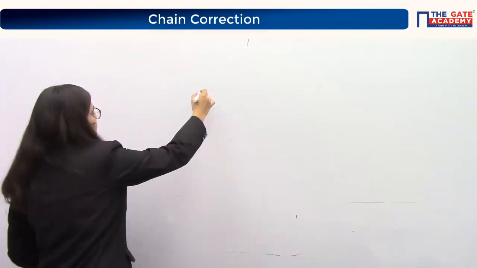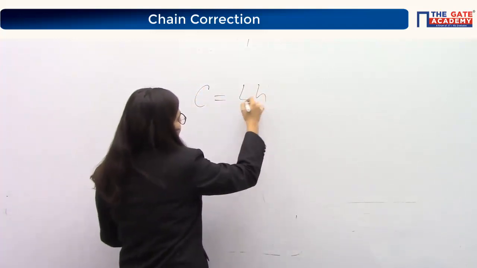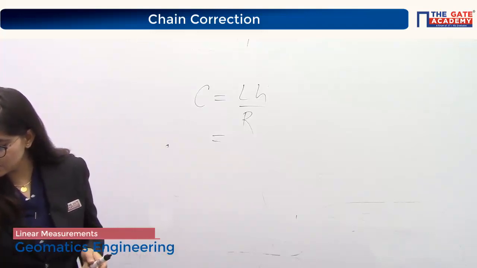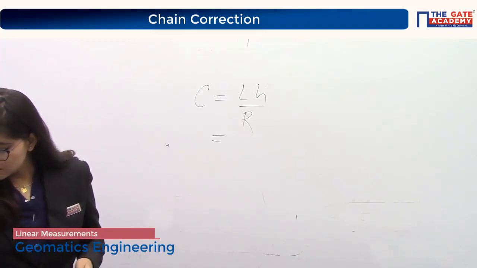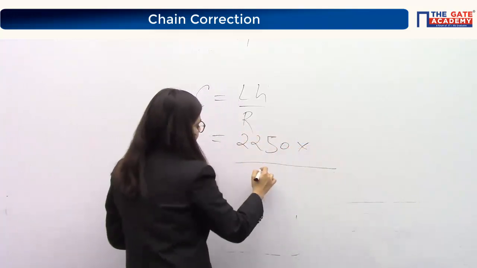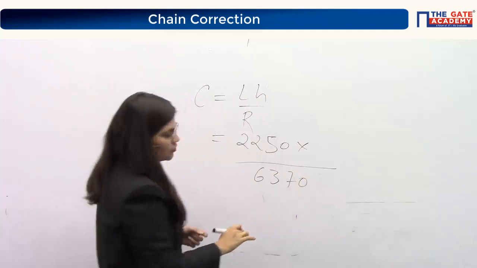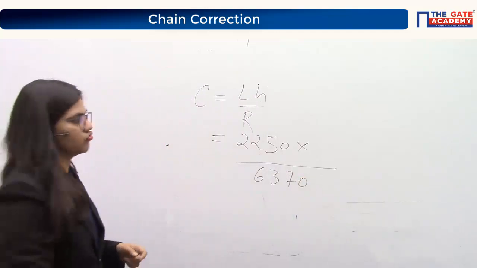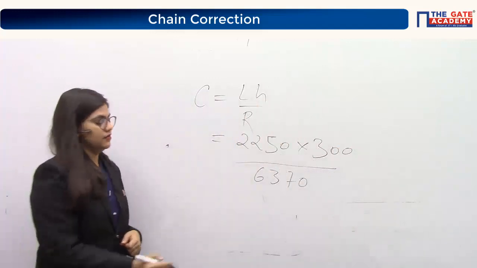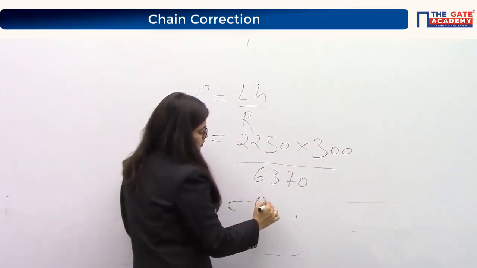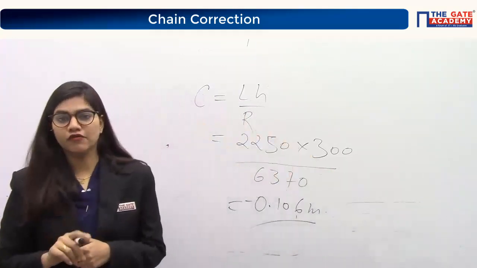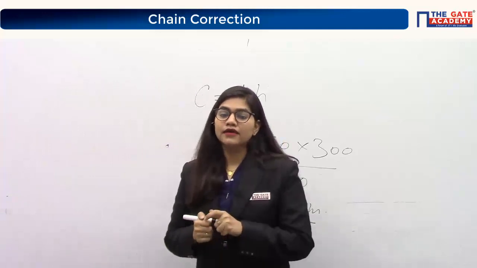The formula is nothing but LH by R. L is given to you as 2250, R is 6370 and H is given as 300. If you calculate, you will get the answer as minus 0.106 meter. Okay, so these were the questions that came in GATE,